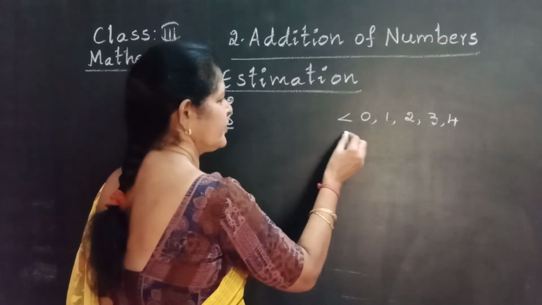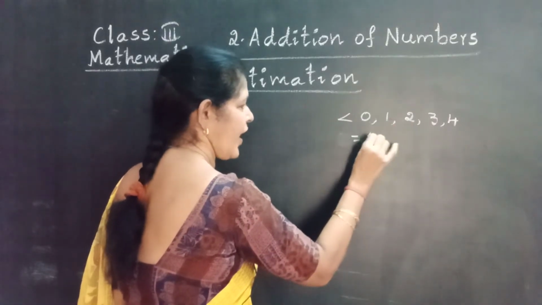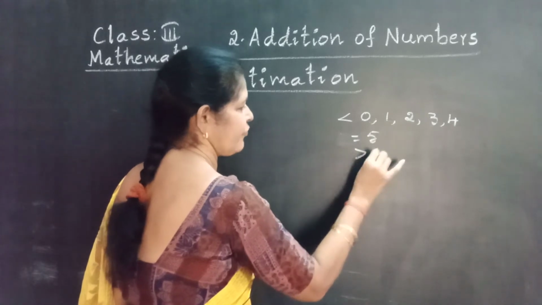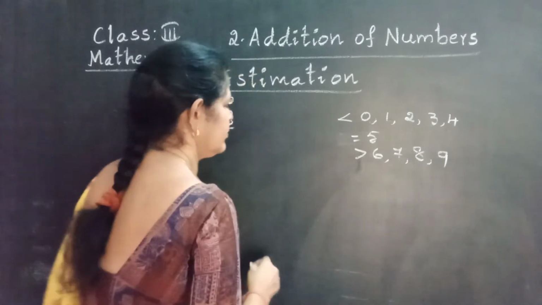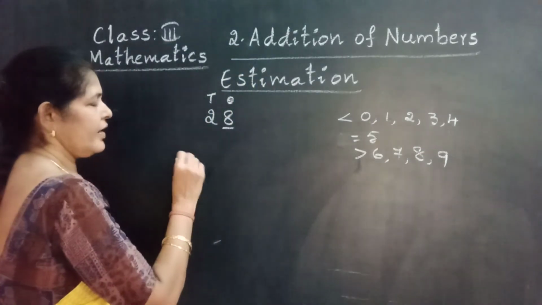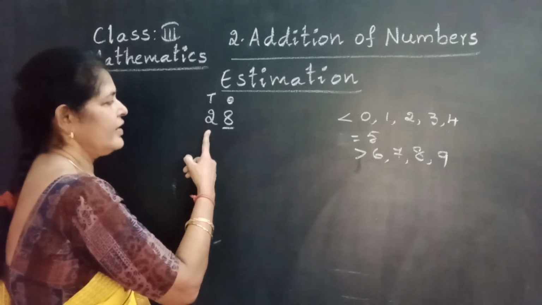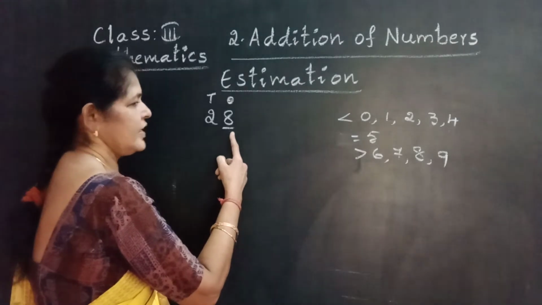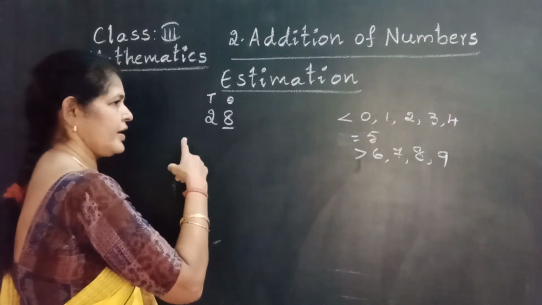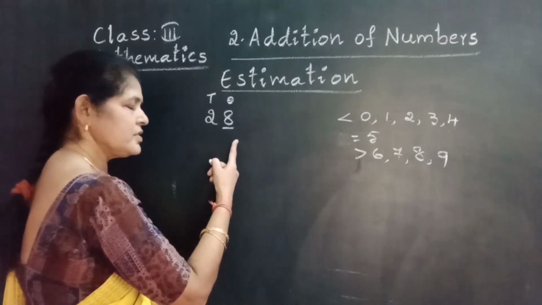If the number is equal to 5 or greater than 5, 1 is added to the tens place number. Then the ones place number becomes 0. The tens place number is retained with 1 added, and the ones place number comes 0.